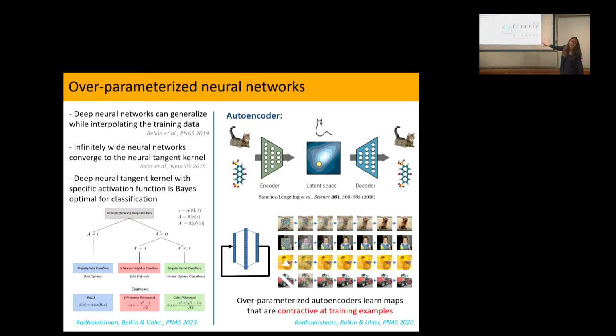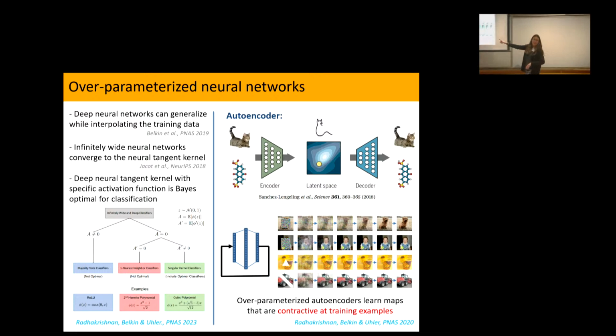Now, of course, you can ask me, why is this a good thing? The nice thing is, people like Bengio, very early on, when they had autoencoders, actually added another loss term to make them attractive at the training examples. I'll explain why that's a good thing, but they already understood very early on that this is what you would want your maps to be. And now what this says is, just overparameterize and you get that for free. Just minimize reconstruction error, make them overparameterized, and you will get this behavior for free. You don't have to add all kinds of complicated loss terms.